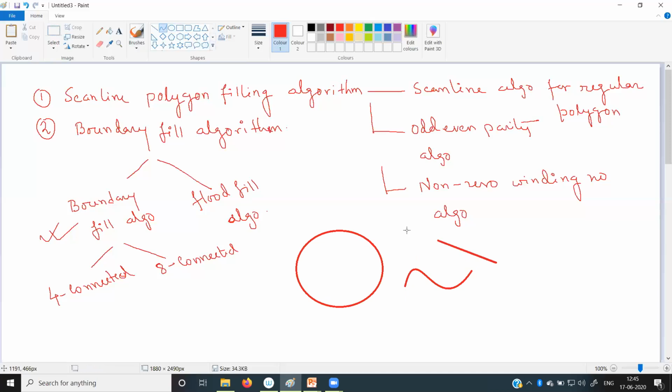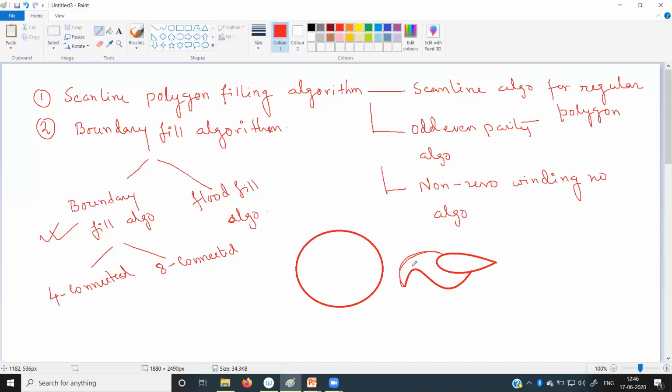There may be different types of boundaries, so maybe the boundary is not sharp. Consider an object like this one, whose boundary is not sharp; there are some bending curves.